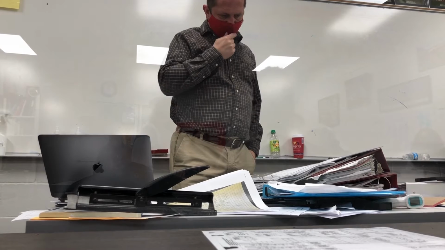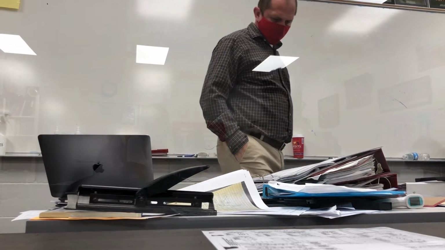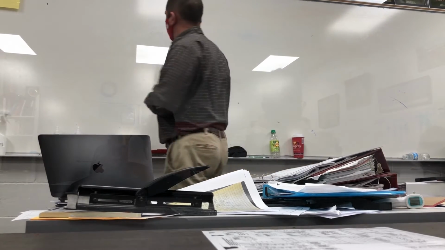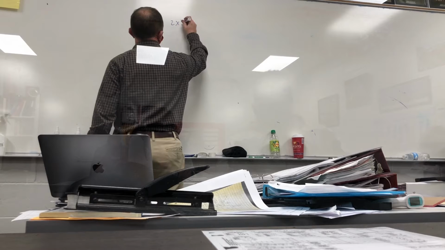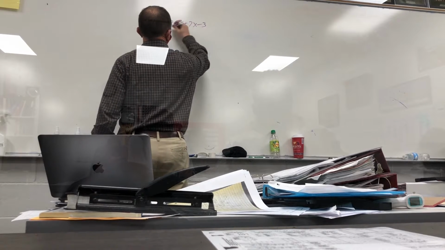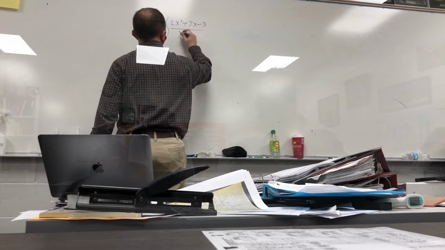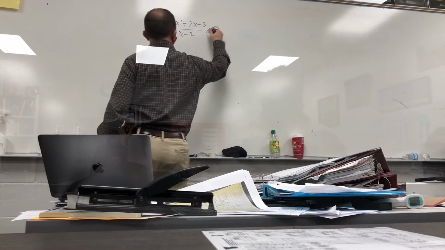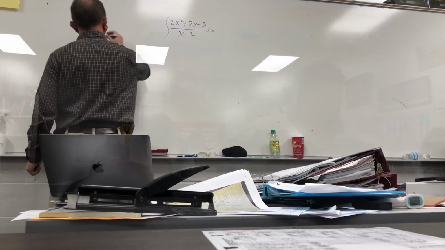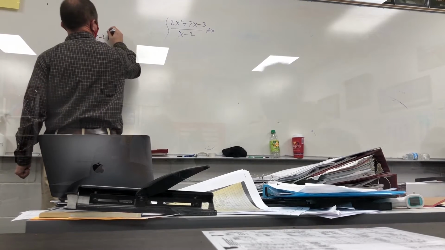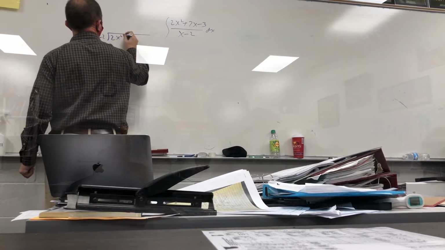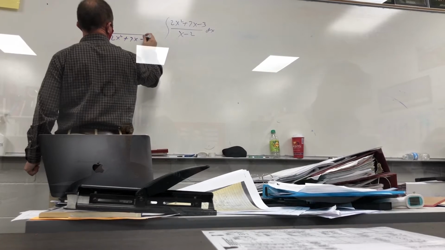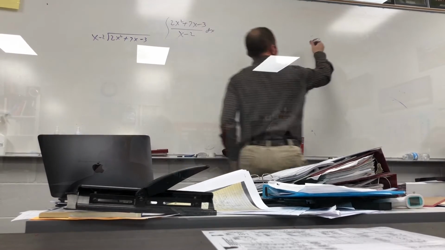Let's go and look at number 16. 16 is 2x squared plus 7x minus 3 over x minus 2, okay. Alright, so in this one right here, again, I'm going to go long division with you. And then over here, I'm going to say